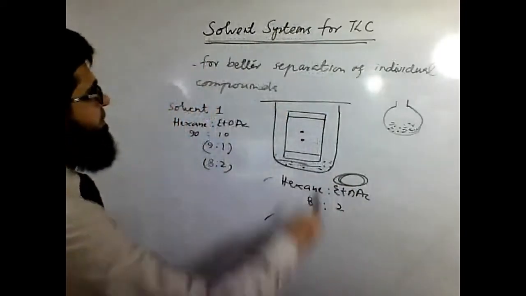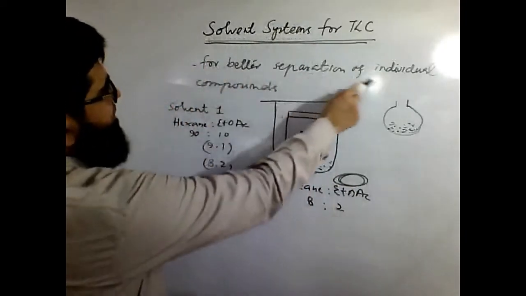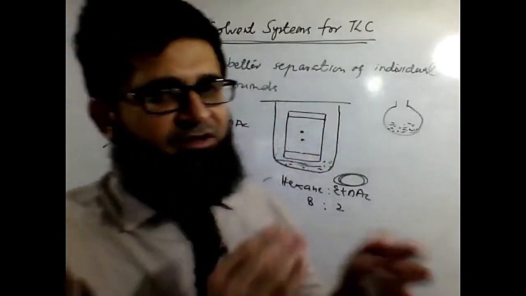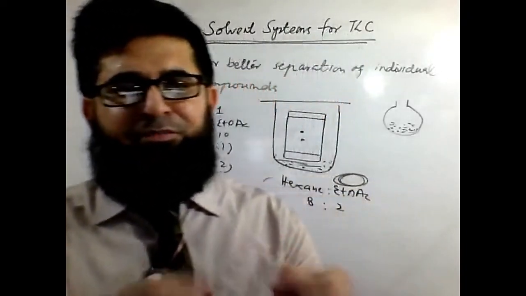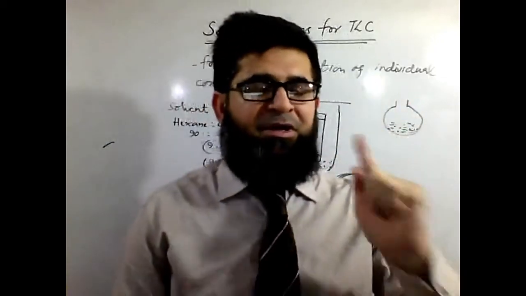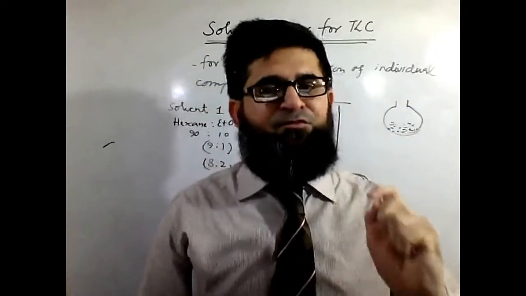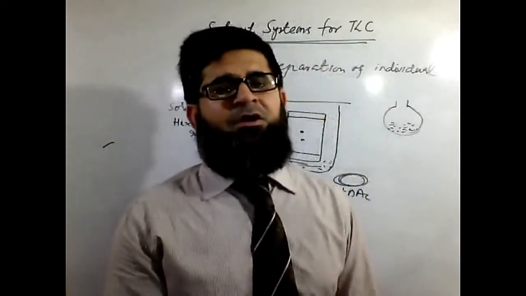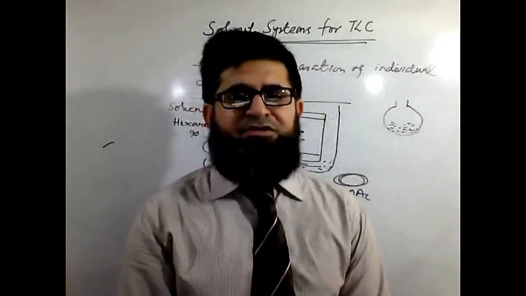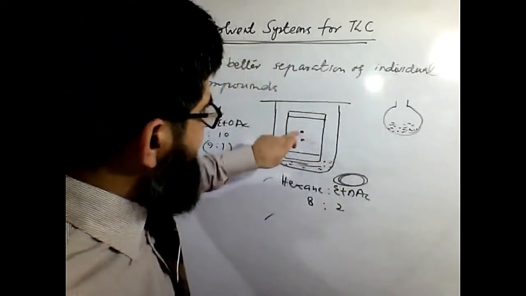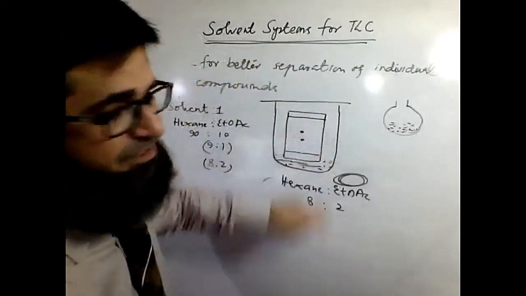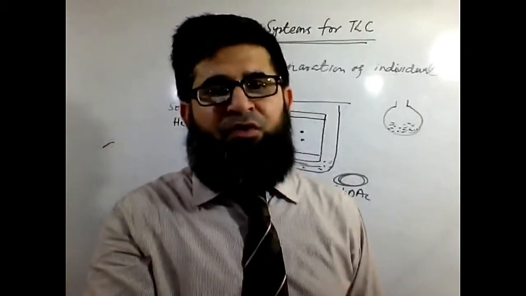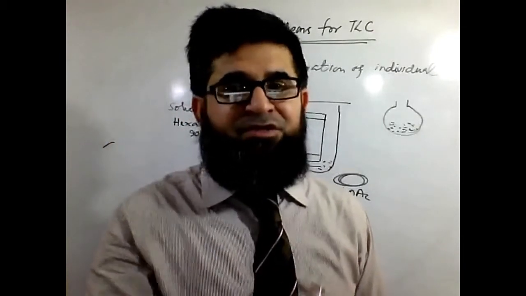Number one, for better separation of individual compounds for identification purposes, whether they are 2 compounds, 3 compounds, however many they are, so we can identify them in a pretty precise way. We change the solvent system. We try different solvent systems to get better separation of the components on the TLC, and then this TLC gives us a clue for proper separation of these compounds.